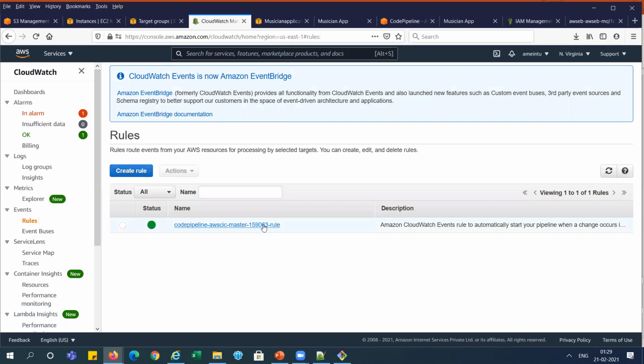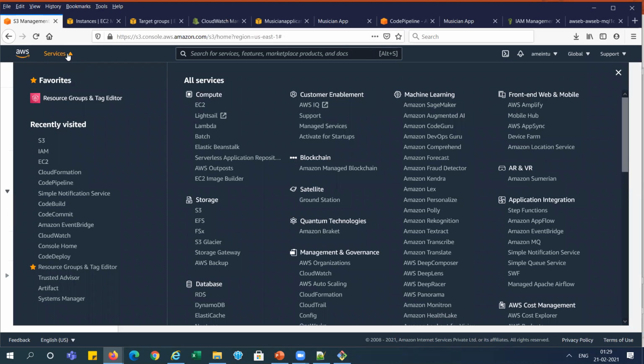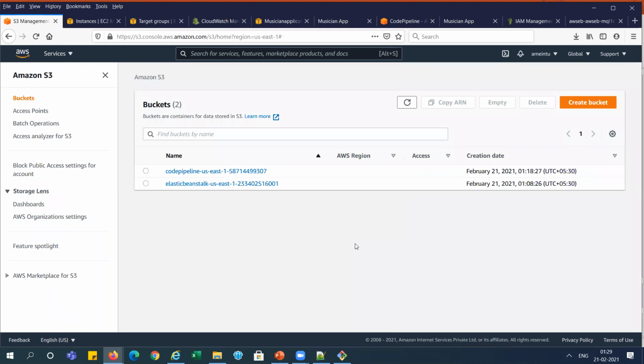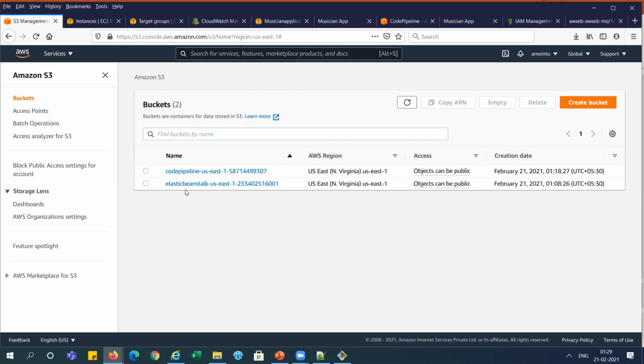This rule is created by the pipeline, and due to this rule, it is triggering the changes in CodeCommit, right? And let me check the S3 bucket, because it will create one S3 bucket also. So let me see. I will show you. See, it is creating two buckets over here, right?